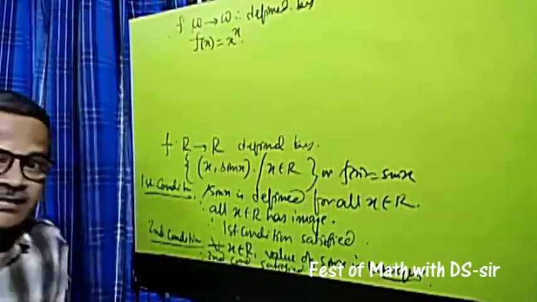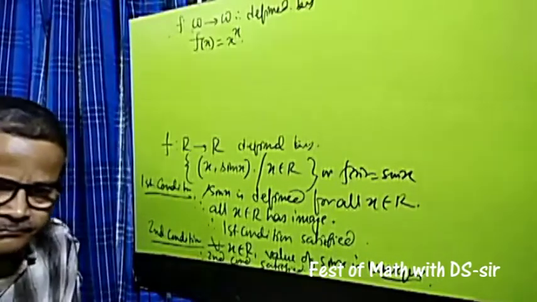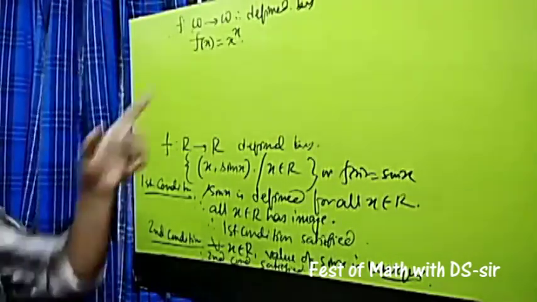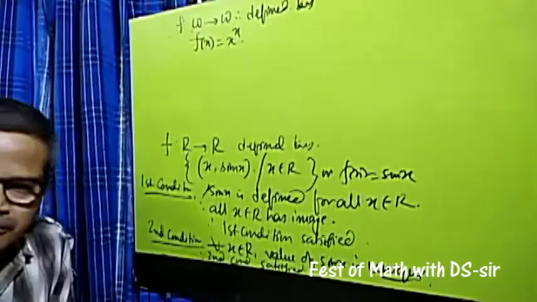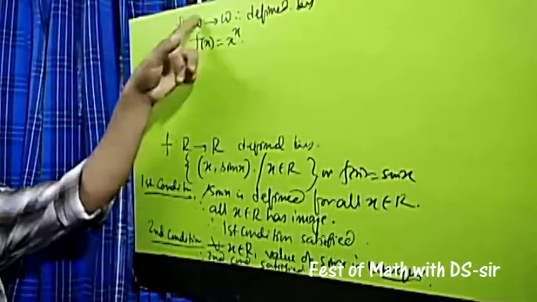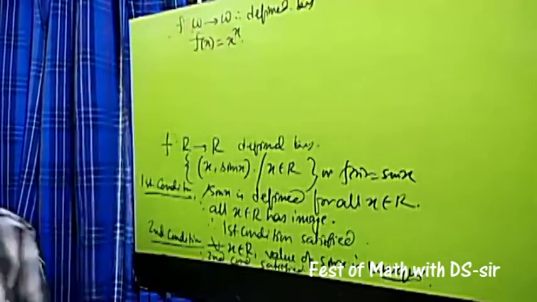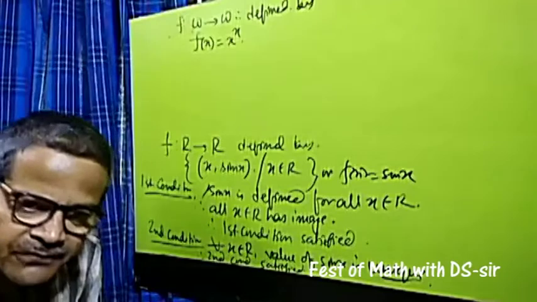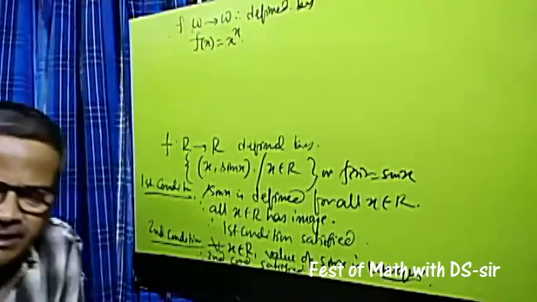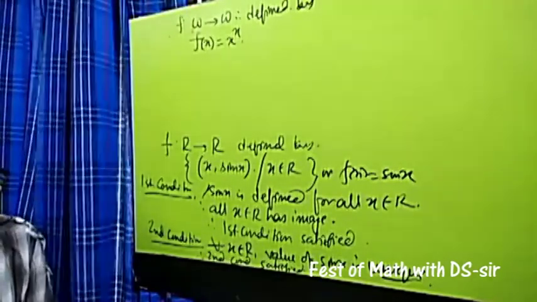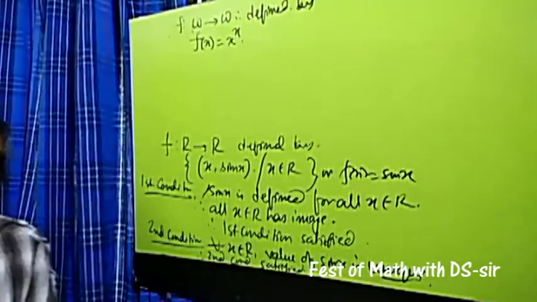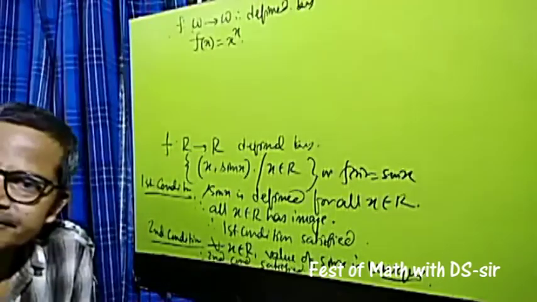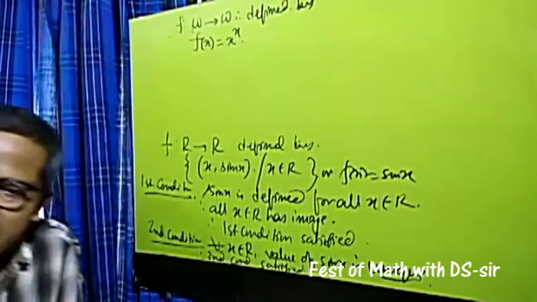Does the first condition get satisfied? What is your opinion? Does all x belong to W? For all x belongs to W, x to the power x belongs to W. Can you tell me any value of x for which x to the power x is not in W? Can anyone tell me? Srija? Hey Srija.